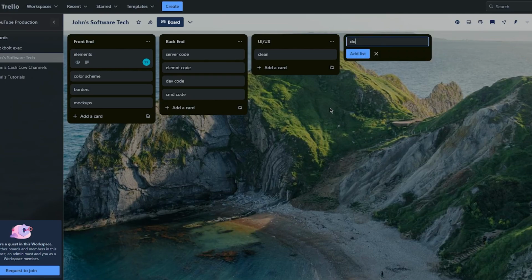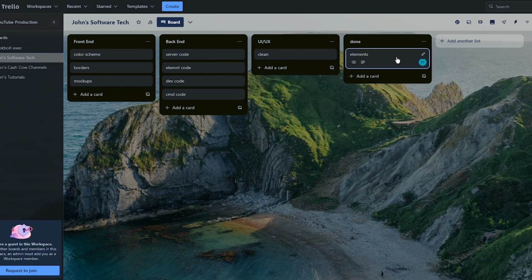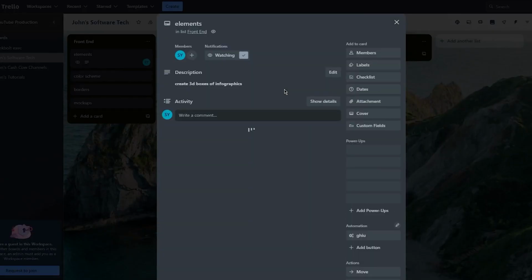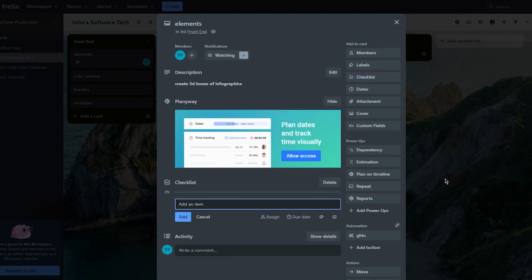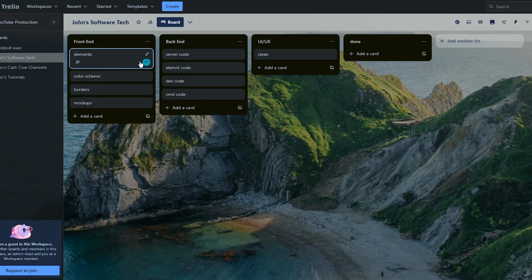And you can also tell your teammates that whenever a card is done, they can just shift it here, or a better and cleaner way is to add checklists in this. So I'm going to add a checklist, and people can actually go ahead and click on done or click on check whenever they're done. So those are the different ways you can actually manage a project on Trello